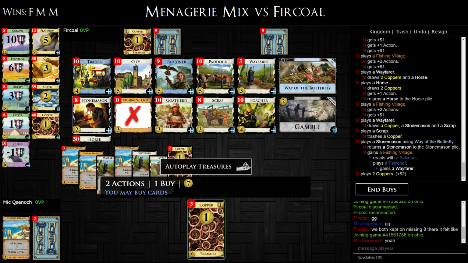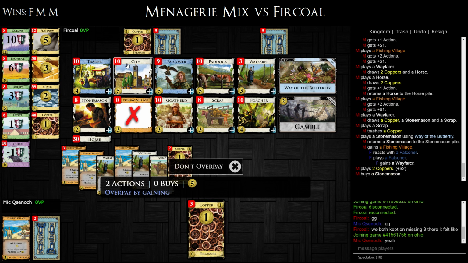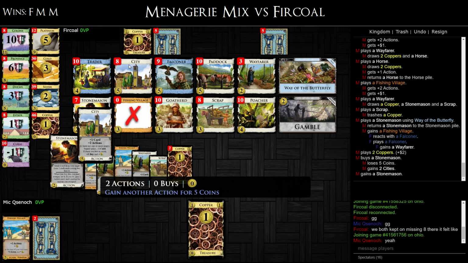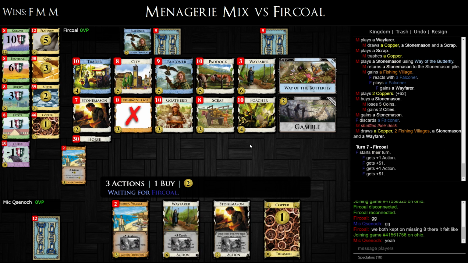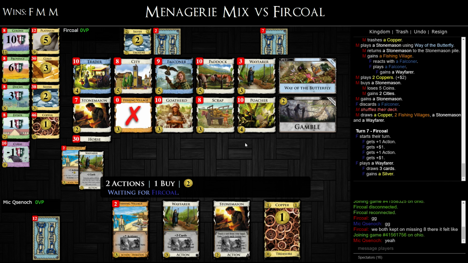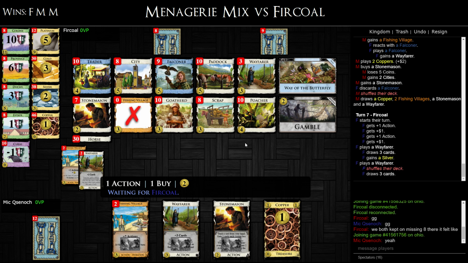I think. This has got to be Stonemason for City and Falconer, or just double City. It could be City Wayfarer as well. I don't think I want to lower them. I know he has wayfarers now. That was, I mean, I definitely underplayed as much as or some of what I could do there, but